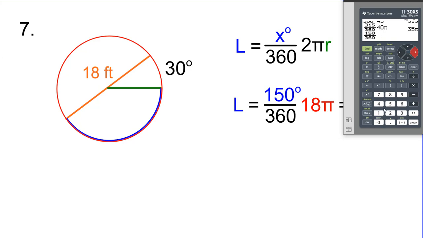And then we multiply that by the whole thing, which was circumference of 18 pi. All right, so we get 15 over 2 pi. Now we can reduce that to a decimal. Now I did the whole decimal approximation. Okay, I don't like this. So instead, what I'm going to do